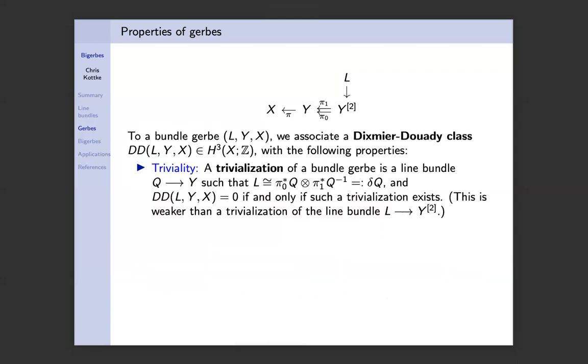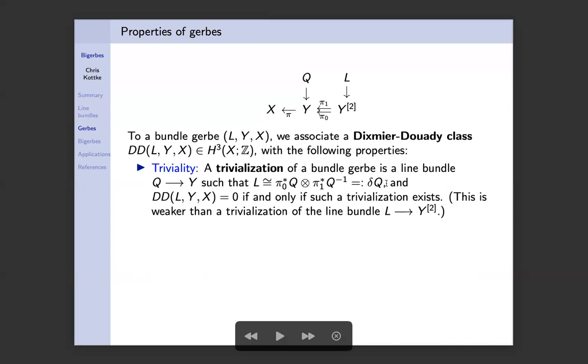And a notion of triviality. This is maybe not the first thing that you might think. You might think the bundle gerbe is trivial if the line bundle is trivial. But there's actually a slightly weaker notion that turns out to be correct. So we'll say a trivialization of a bundle gerbe is a line bundle Q that sits over Y, right? So L sits over Y squared. If we have a line bundle Q that sits over Y, that has the property that when we take the alternating product of the pullbacks of Y, so there's two maps here from Y squared to Y, the two projections, if we pull it back two ways and take the tensor product of one with the inverse of another,